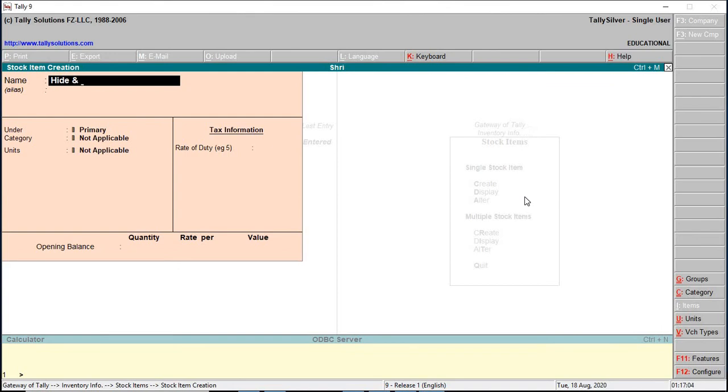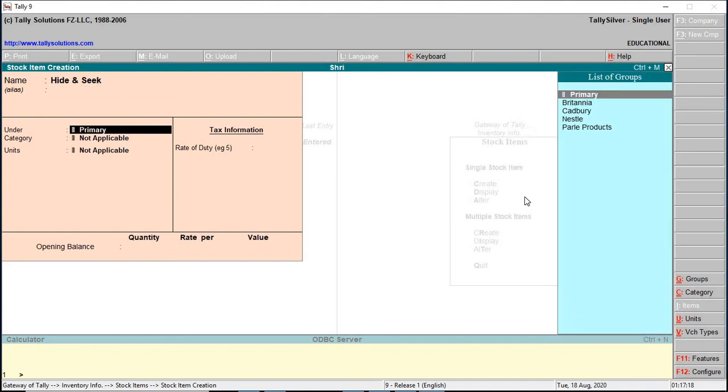Name of the stock item. Alias is the alternate name to be used for this stock item. Select the stock group under which the Hide and Seek item is to be created.